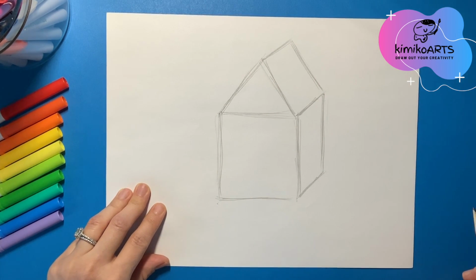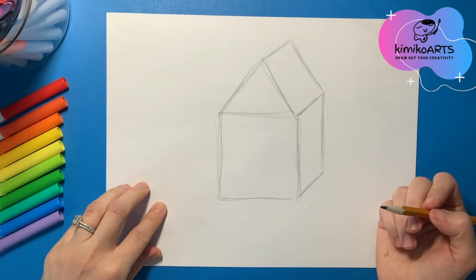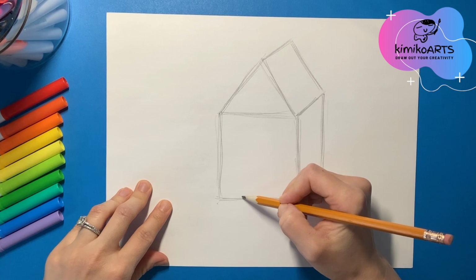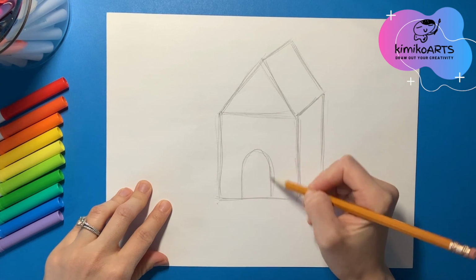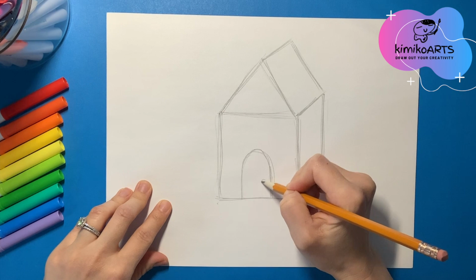After that, we can add some details to our house to make it more exciting and appealing, and to personalize it a bit. Now I'm gonna add a door to begin with, and you can add any type of door to your house, but I'm gonna have one with kind of an arch at the top, and then it's going to have a doorknob,